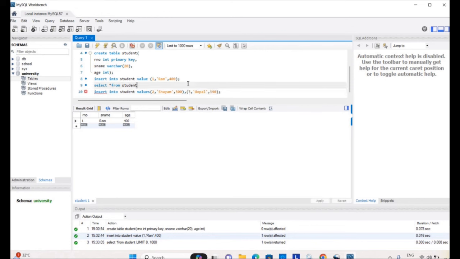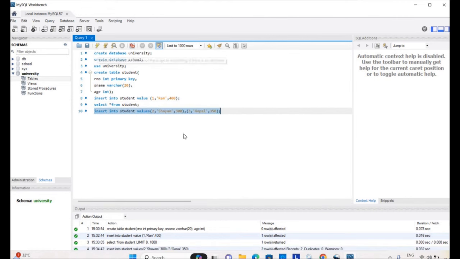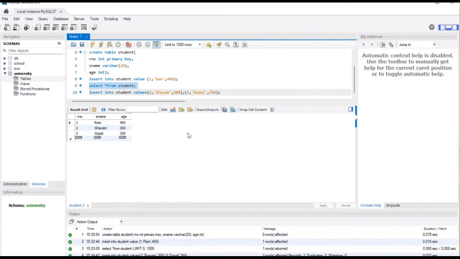In this way we can write multiple values together. And we will run this. You can see the 2 rows are affected and you just again run this select star from student. We get roll number, name and age and we will get all the data we have inserted.